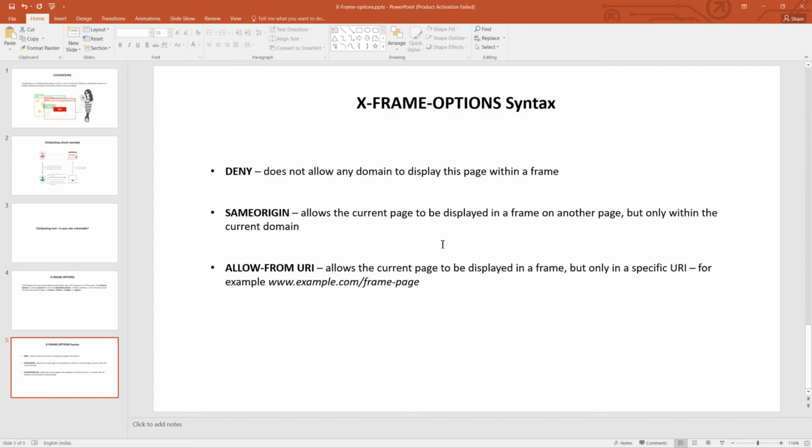The third option is allow-from URI. So you can have trusted domains that you want to display some iframes in your application. It will allow the current page to be displayed in a frame, but only from a specific URI. For example,